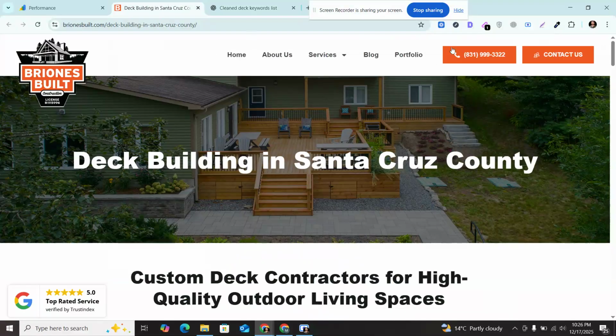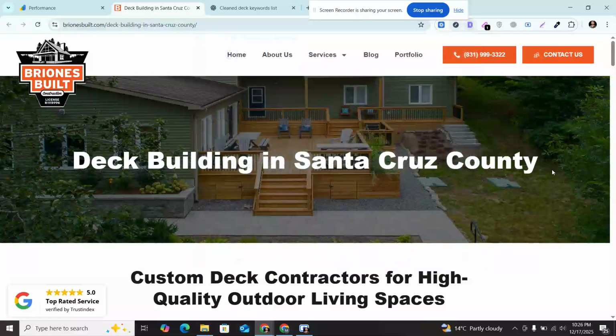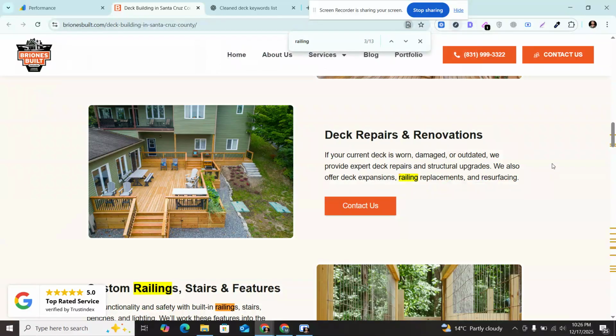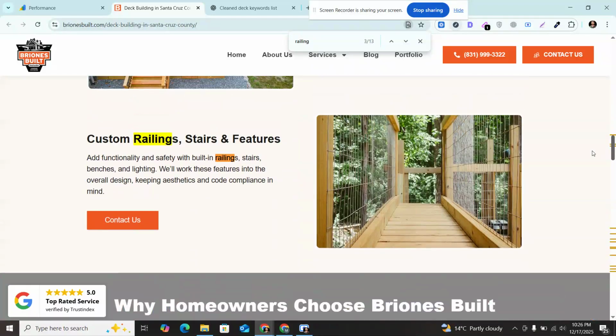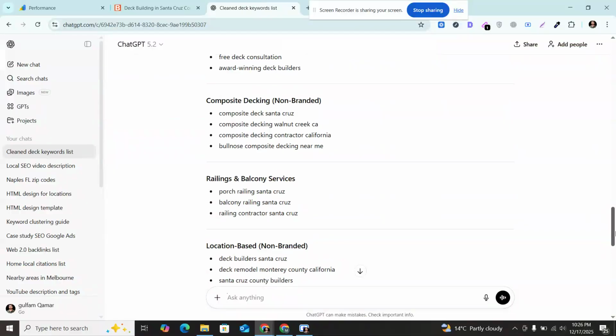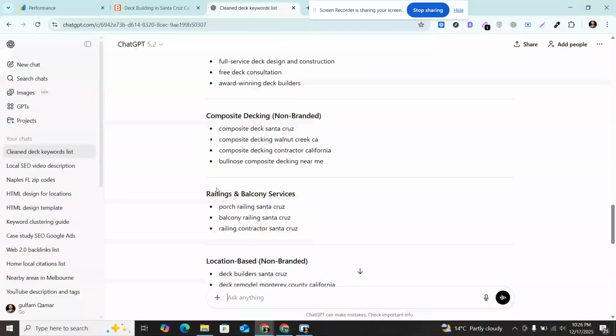If I check railing, I need to make sure we cover the railing also. Deck rail, yes. Just give me a minute. Yeah, so we are covering it, but the point is where we are lacking. For example, custom railings. We cover custom railings, but for example, porch railing. Let me check if we cover any porch railing. No. So you need to make sure you cover this keyword, porch railing Santa Cruz, because